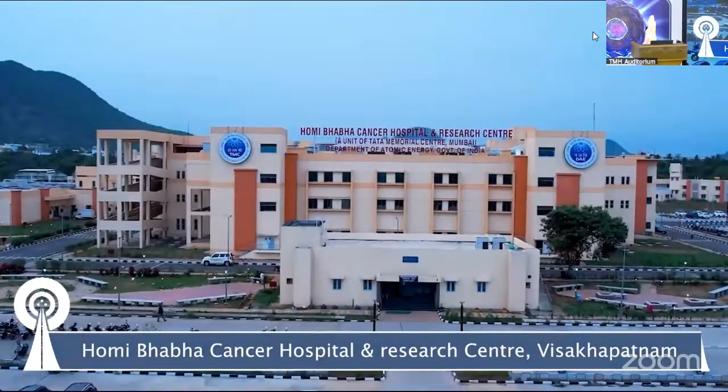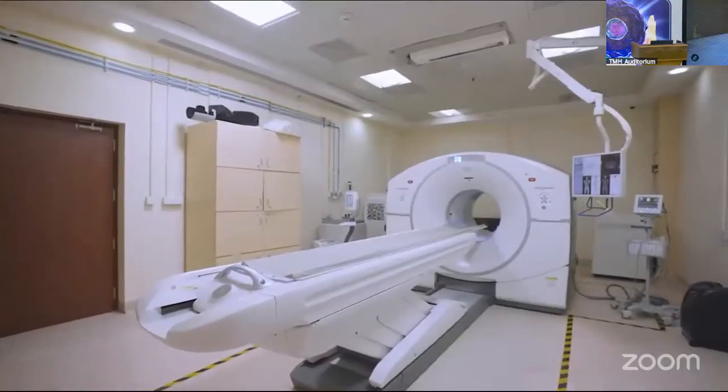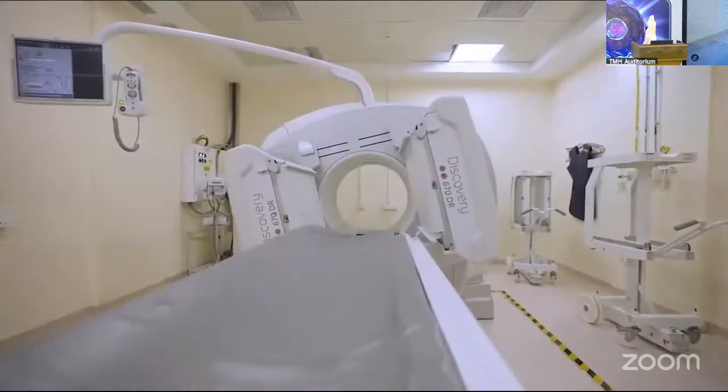Under the CRI facility, our lab is working in the field of epigenetics. Our aim is to find some abnormal protein in a cancer population. Homi Bhabha Cancer Hospital and Research Center, Visakhapatnam is equipped with state-of-the-art facilities for cancer care, including radiology, nuclear medicine,